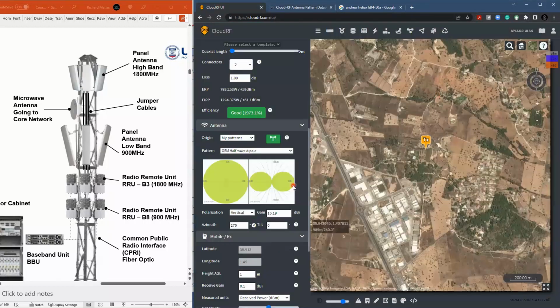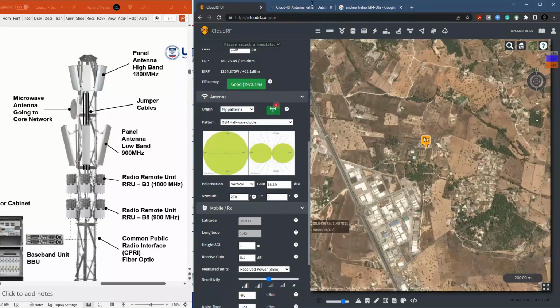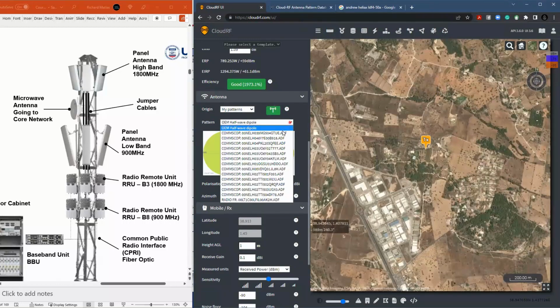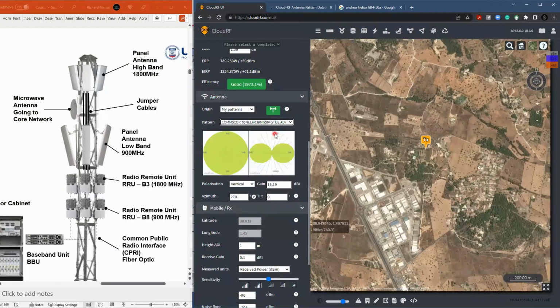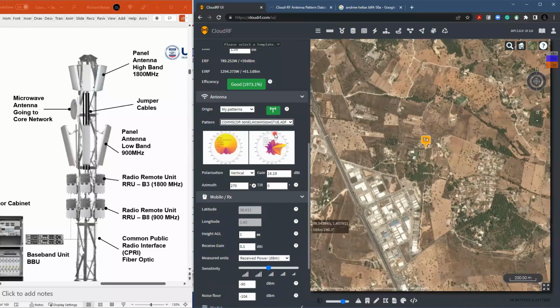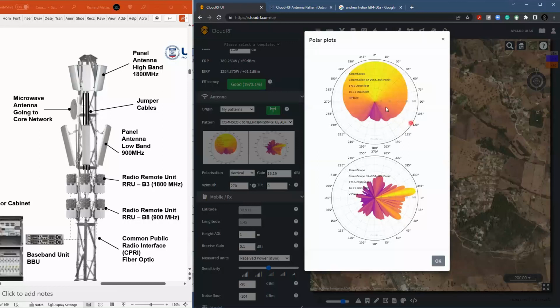Once na nakita mo na siya, nadagdag na yung antenna pattern mo dyan, mag-click ka dito, lalabas na yung antenna mo na hinart mo. So let's try one antenna. Let's see the frequency range para tama. You can see here, 1710 to 2690. Antenna gain is 16.19. Ito yung antenna na gagamitin natin for this